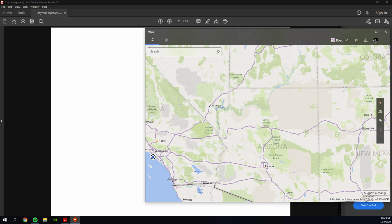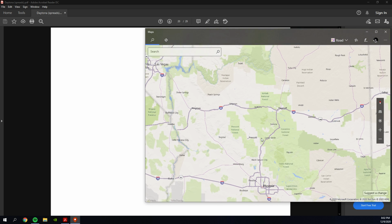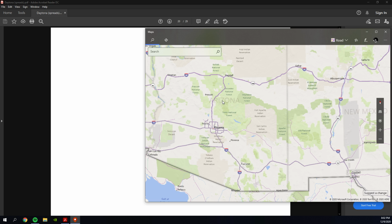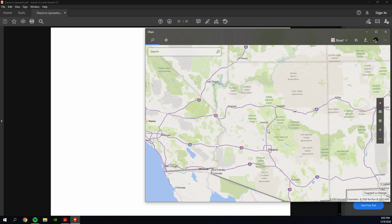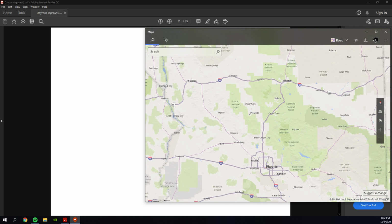We looped through Phoenix. Then we ended up going to Flagstaff. I'm pretty sure. I don't know, maybe my geography is off. Somewhere around here, we went to the Grand Canyon. I'm pretty sure it was the Grand Canyon. But we ended up going to the Grand Canyon. Then